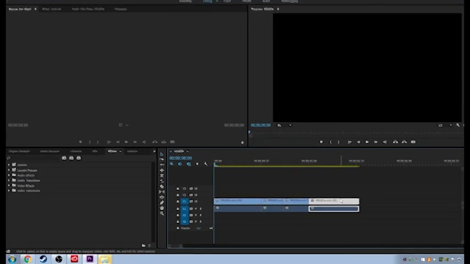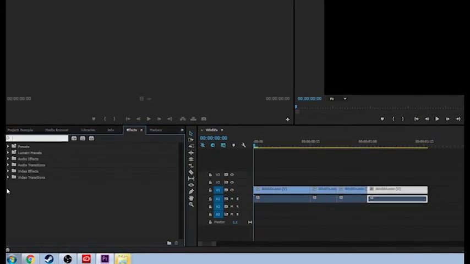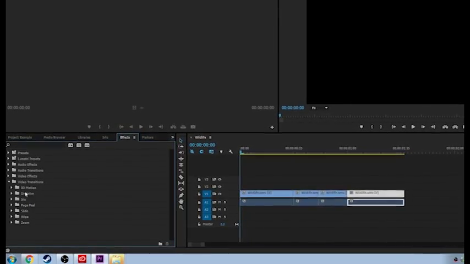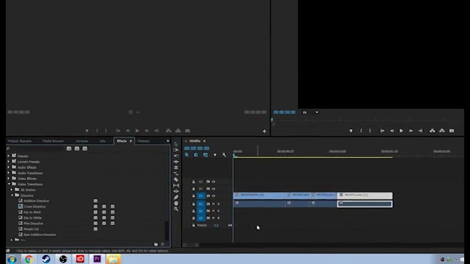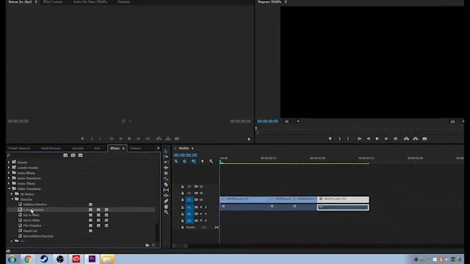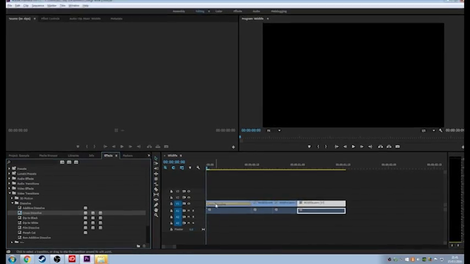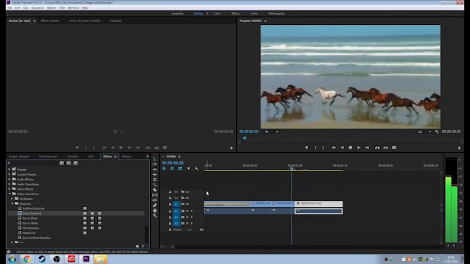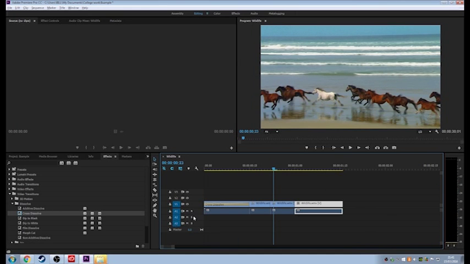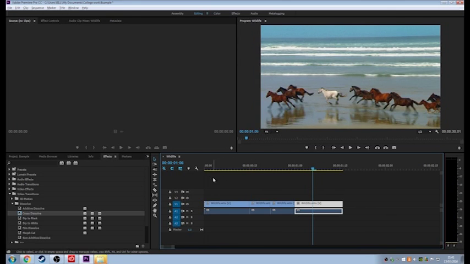Okay, so there are loads of things in effects that you can use. So we'll stick with visual effects, so we'll do visual transitions first. Okay, so my most favourite transition is the cross dissolve, alright? So to add an effect to this video footage, you grab it and you drag it, okay? So if you saw that, the dissolve fades it in, okay? So if you get rid of that, back to there, and it's a lot better with the cross